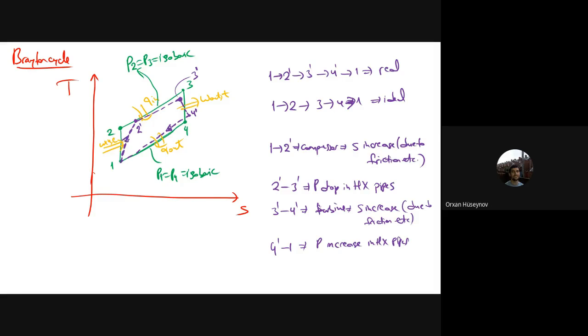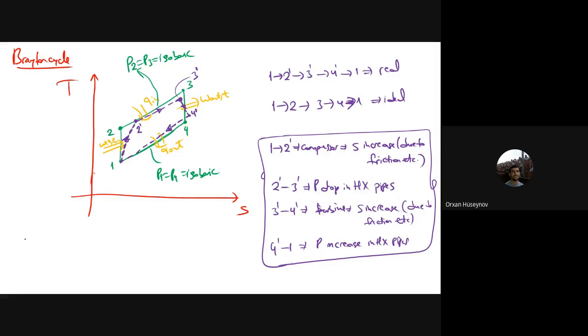This one, that one, and this one, and that. Okay, this will be the process that we are going to have. These are the real ones, but this is the ideal one. Okay, and one more thing about the Brayton cycle that I should add here is that